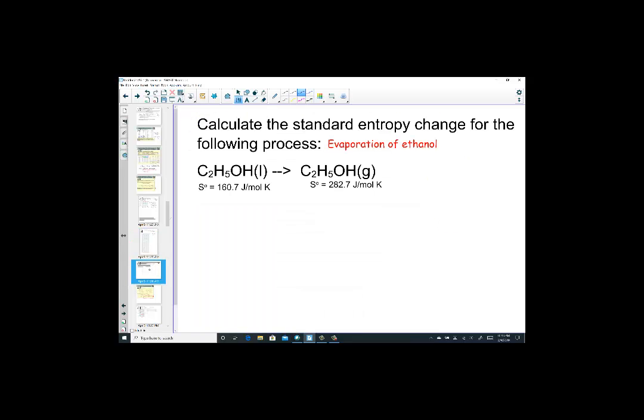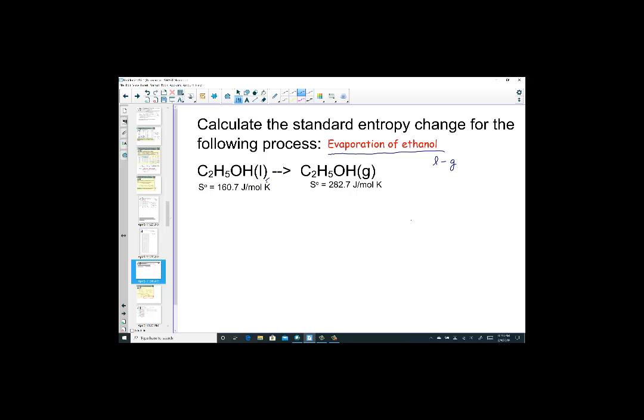Let's take another practice using the third law of thermodynamics. We're being asked to calculate the entropy change for the following process, and it may simply say the evaporation of ethanol. You might not be given the actual equation, but we can deduce what that would mean. To evaporate means to go from a liquid to a gaseous phase. And so ethanol, with its chemical formula,